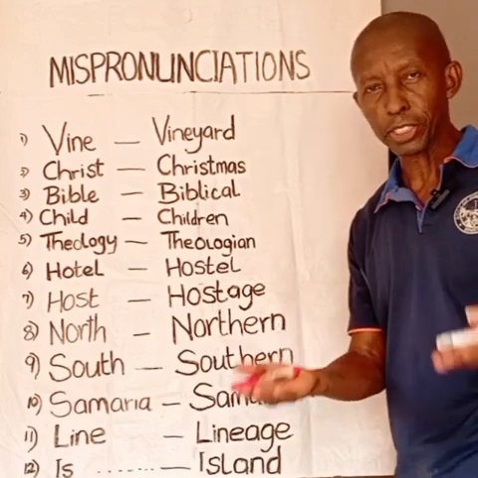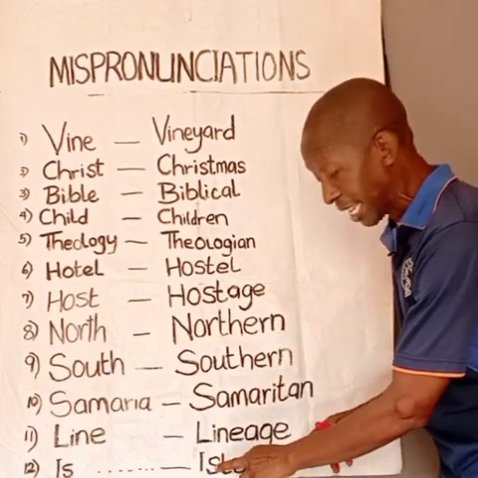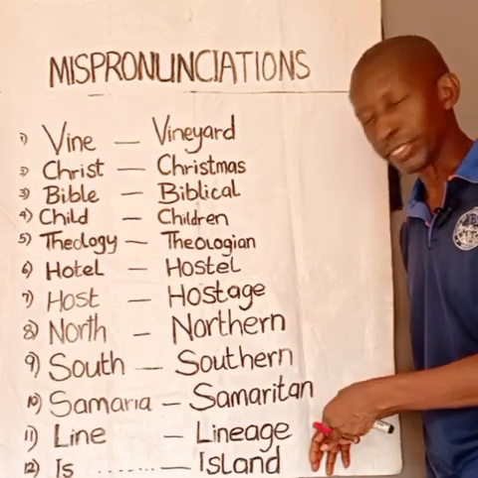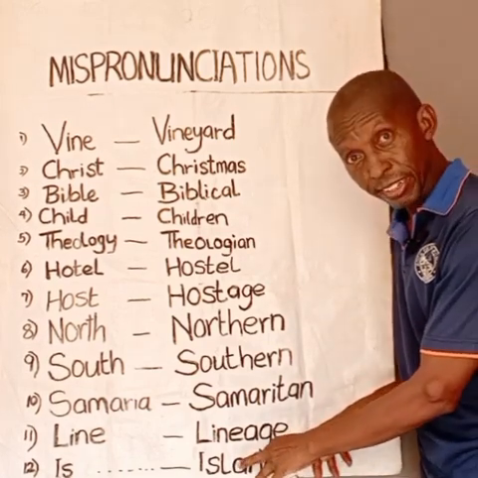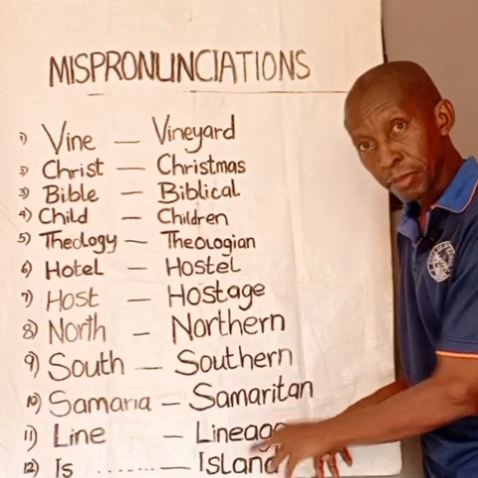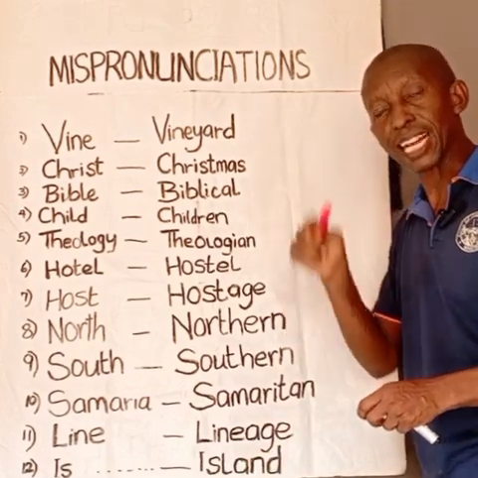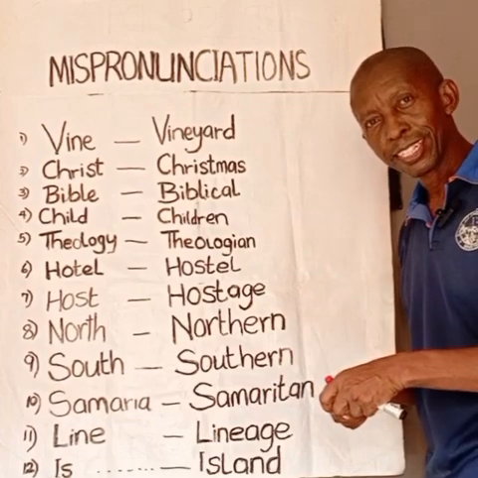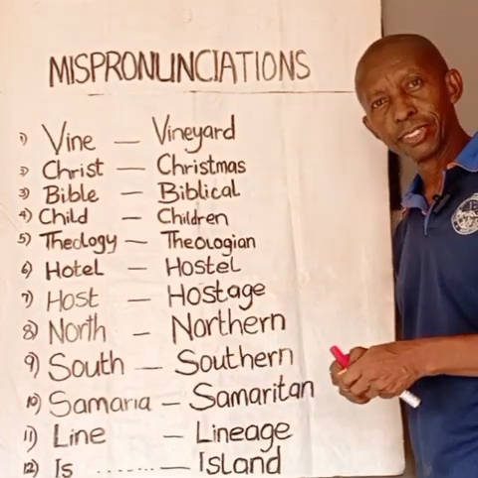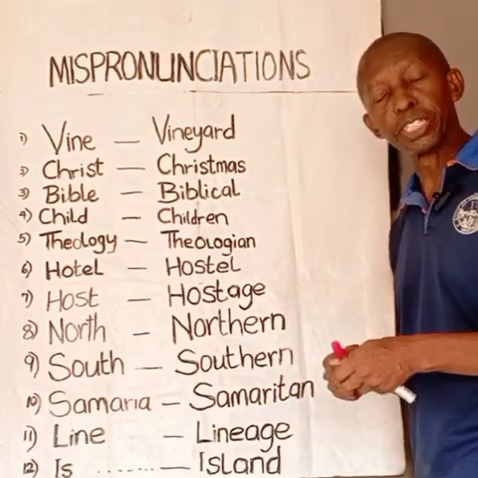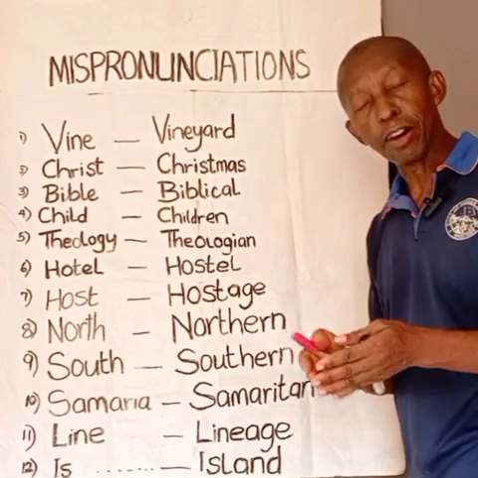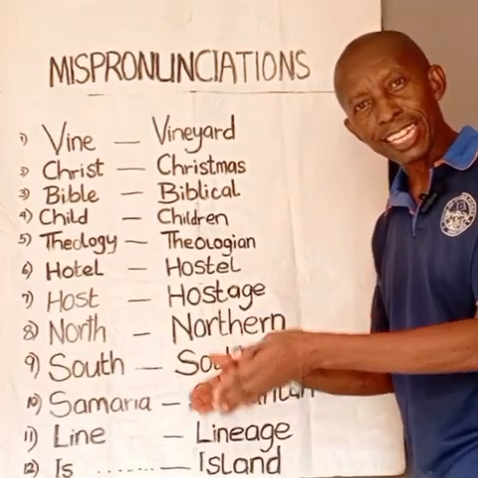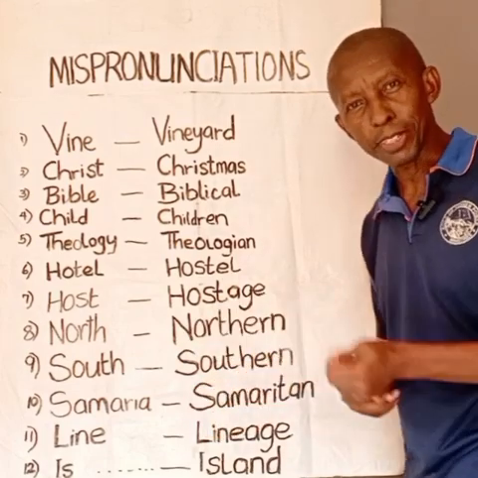Let me explain why it is so. You see, letter S here is silent. Don't say it at all. It's not a part of the pronunciation. Then letter A here makes a short sound. It's not Ireland, it is island, like Victoria Island. Or you can say, Apostle John died in the island of Patmos. Can you say it after me? Apostle John died in the island of Patmos.